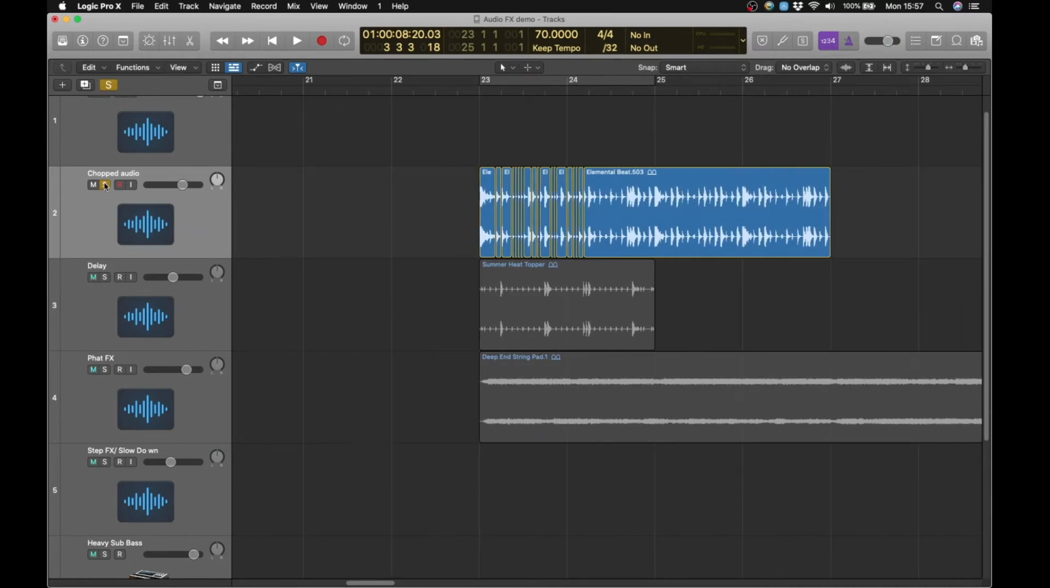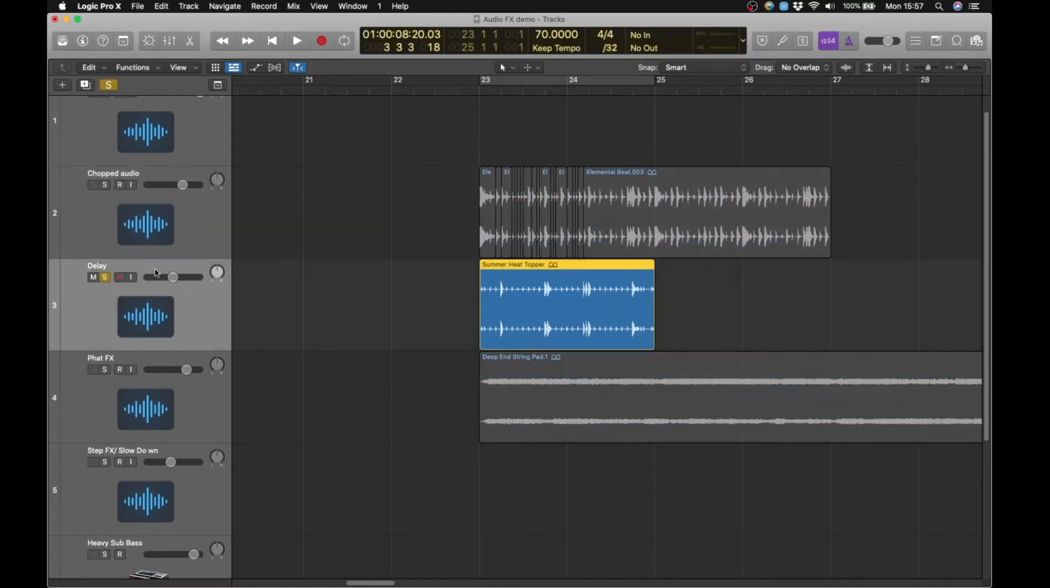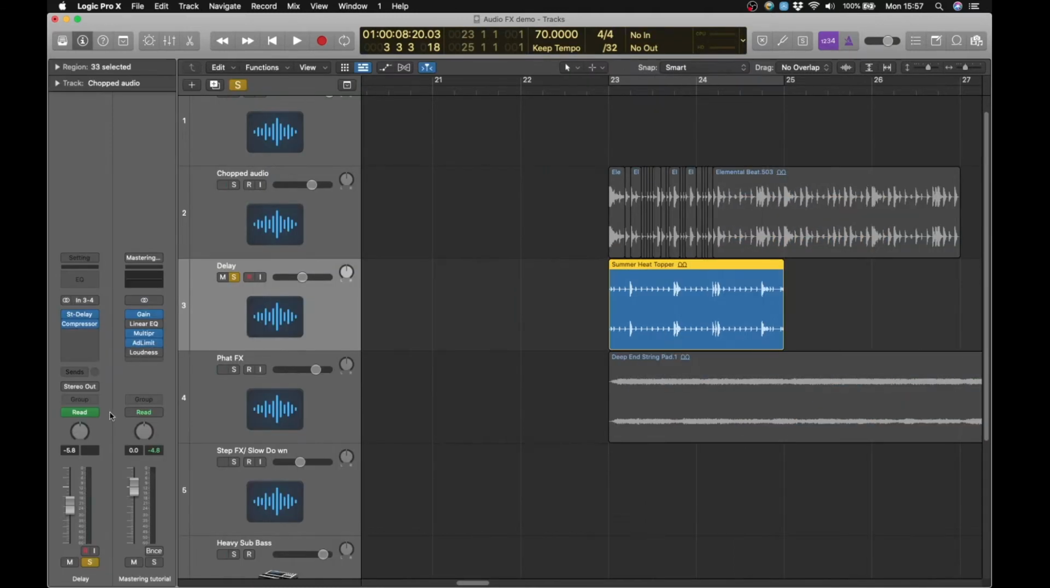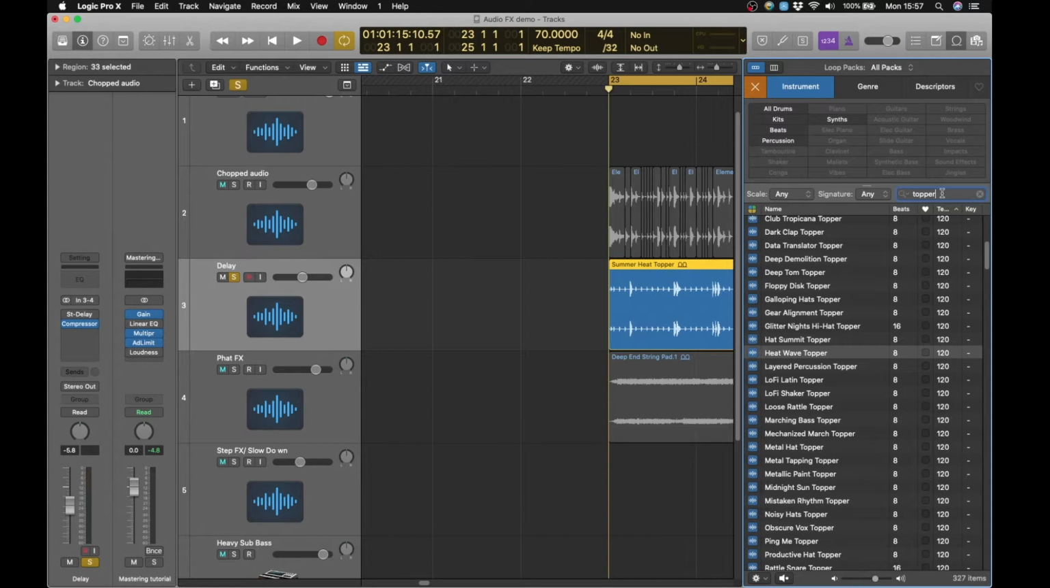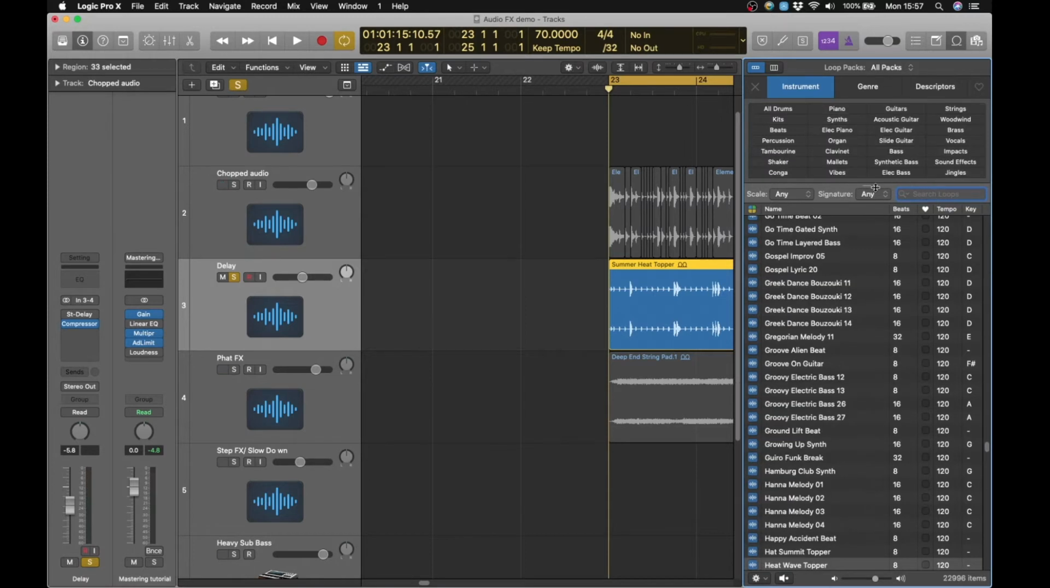Next on the list is this one underneath. Let me just turn off some effects that I've got on here. I'll show you what they are in a second. So we've got this thing, Summer Heat Topper. Now, if you guys don't know about this, if you click on your loops, in fact I typed topper in here already, but normally a loop menu comes up like this, and it's got loads of little loops and samples. It's got melodic ones, it's got rhythmic ones. If you type in the word topper,